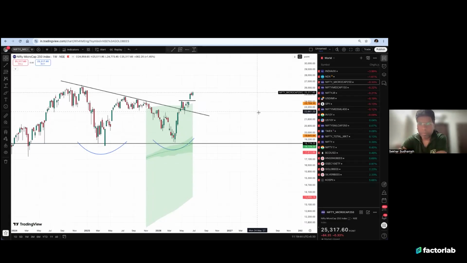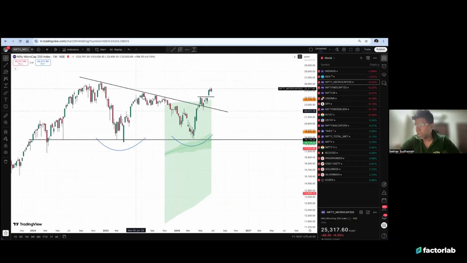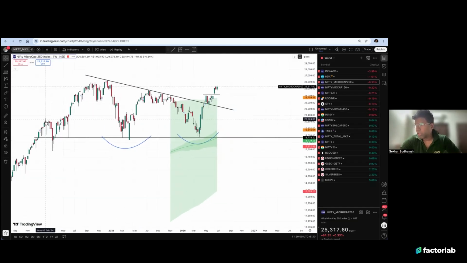The micro cap is setting up fantastically well in terms of the technicals. I'll show what is happening here. In micro cap, firstly, I look at it from the technical point of view to explain what is the scenario that is happening. Now, if you were to see from 2024, someone would have noticed that there was a first shoulder, and then there was a head, and then there was a right shoulder. So typically we see that it is like an inverted or head and shoulder pattern, which is a bearish pattern because this is the neckline, and if it crosses below, then there would be a steep fall.